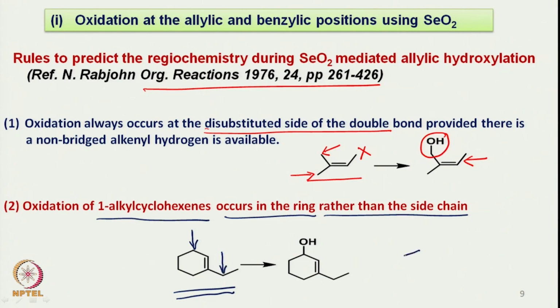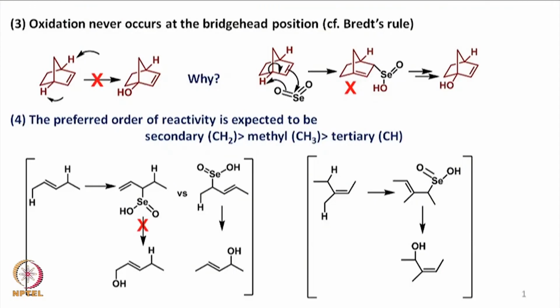So, that means this is not formed. It is always on the ring that the introduction of the hydroxy group occurs. According to the third rule, oxidation never occurs at the bridgehead position, and that is because of Bredt's